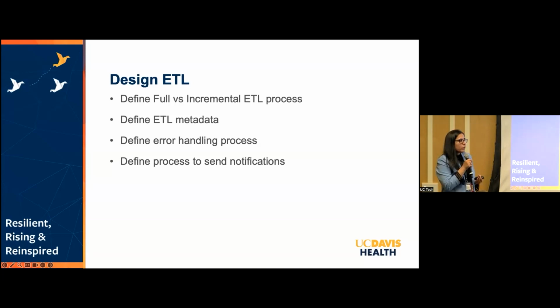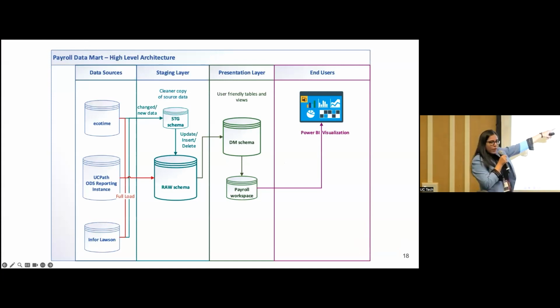So what do you do? You identify the changed data and you load it into the staging schema first. That's why we have a separate staging schema. And from there, you update, insert, or delete in the raw. So at the end of this first ETL process, your raw schema has a cleaner copy of the source data. And from there, you can apply further transformation, and then you put those into the denormalized tables into the DM